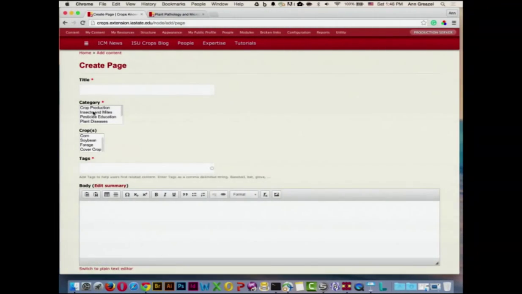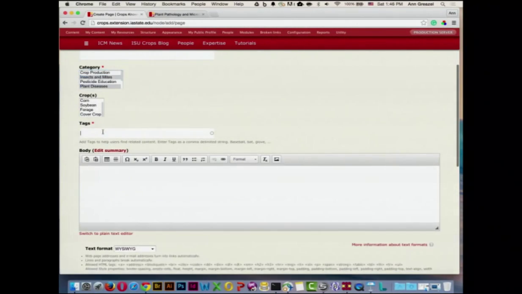You can also select multiple categories. So I can hold Command down and I can select multiple categories if it fits in multiple places. And the tagging, this tags, is just exactly what we talked about. This is the default tags, essentially, and vocabulary that's open tagging, free tagging, where your clients can just add a few words. And it is required. We require at least one word.